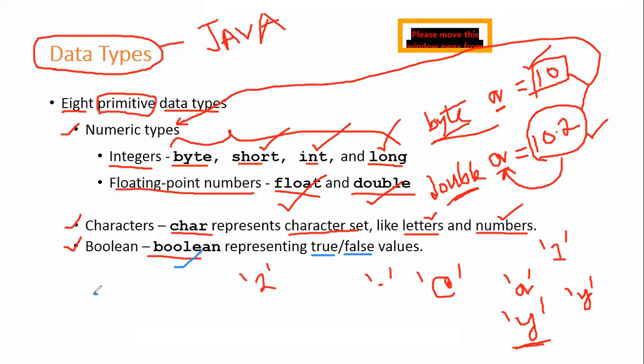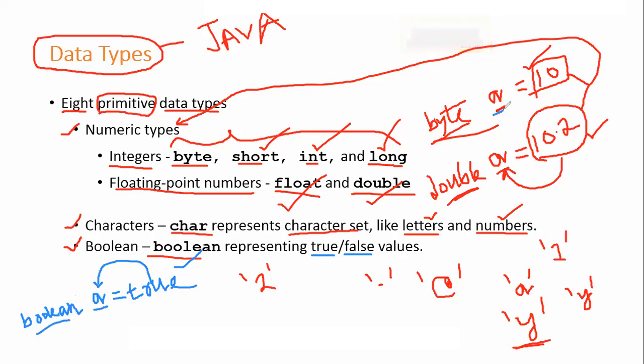So what I mean to say, for example, let us assume I have a variable called A, and I want to store a value called true in this variable. Now, what's the type of this A? Since I'm trying to store a Boolean value, we call true and false Boolean values. So since I'm trying to store a Boolean value in the variable called A, the type of A will be Boolean. Is it right, students?